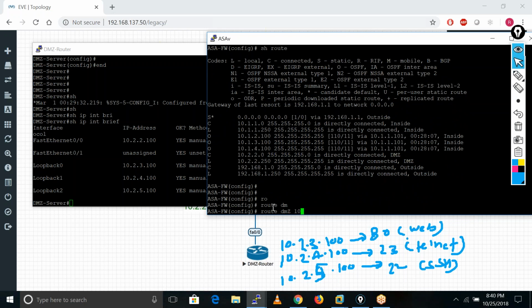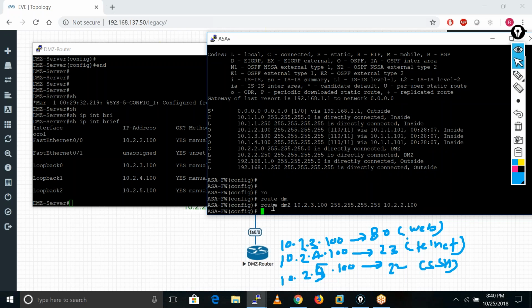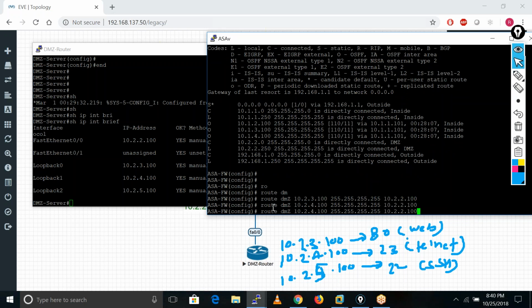I'll define that these IP addresses, like 10.2.3.100, with mask 255.255.255.255, are reachable via 10.2.2.100, the IP address of my DMZ router. I also add the other ones, which are 4.100 and 5.100.